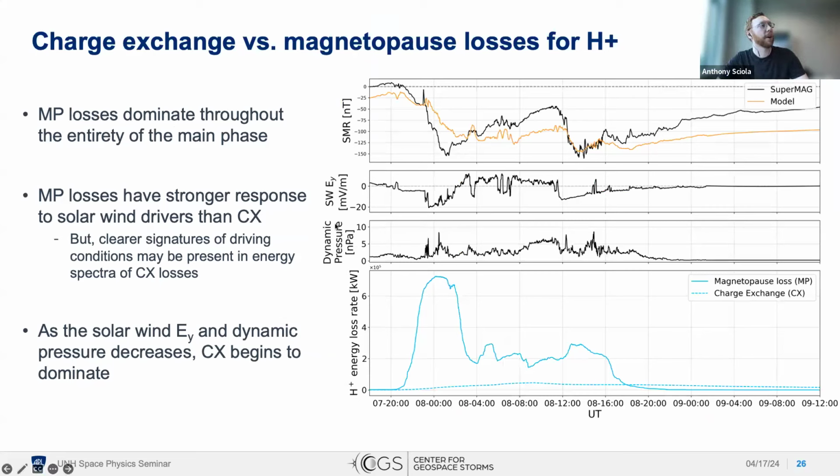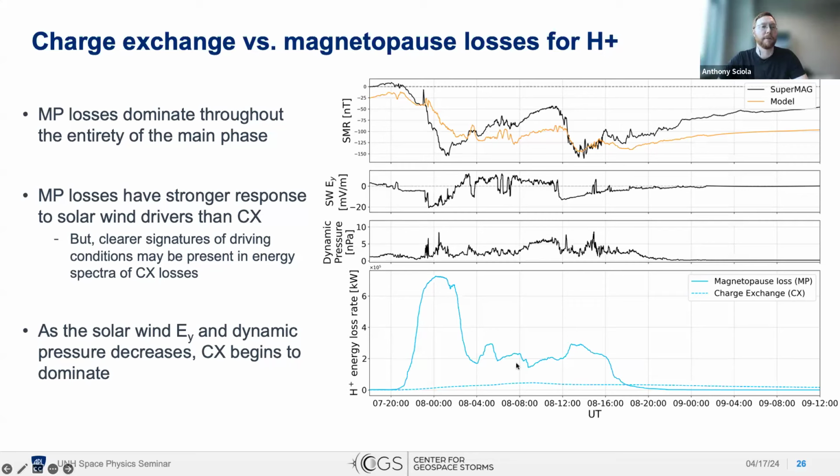And so if we look at the test particle losses on their own, going a little too fast. On the top here, we have an SMR plot again. And then I'm also showing the solar wind drivers, the solar wind EY and dynamic pressure here, to give context to the structures we're seeing in the loss rates on the bottom. And so what's immediately apparent is that magnetopause losses dominate throughout the entirety of the main phase,